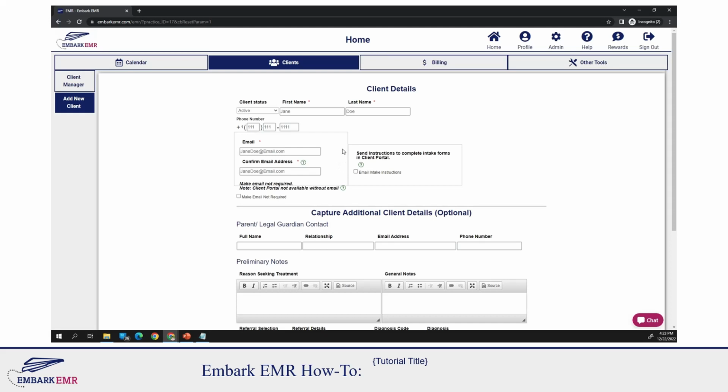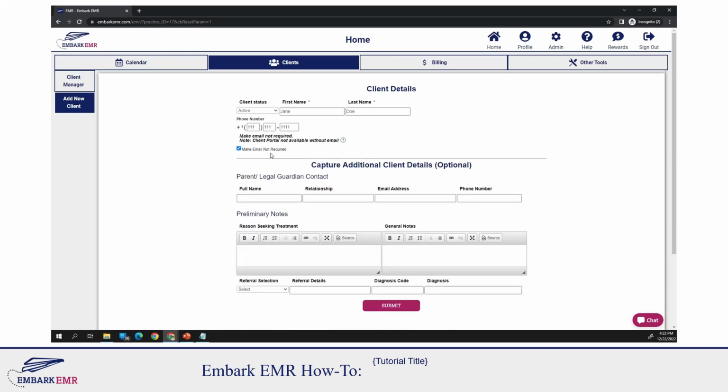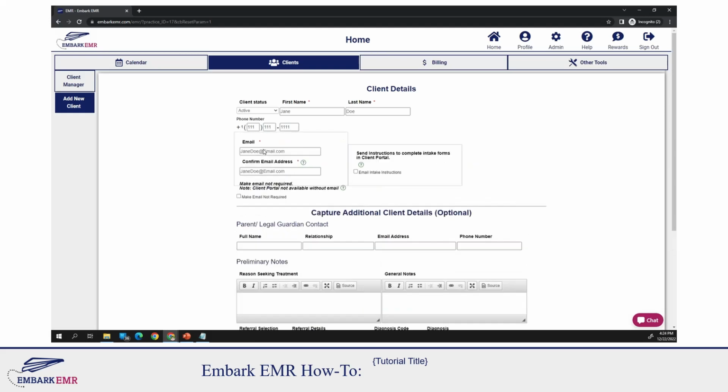However, let's say the client does not want to use an email or does not have an email. You can check this box here to make the email not required. They would then not have access to the client portal. Now, once you add the email, you do have the option of checking this box to email the client instructions on how to get access to the client portal to finish adding all of their details, electronically signing your consent